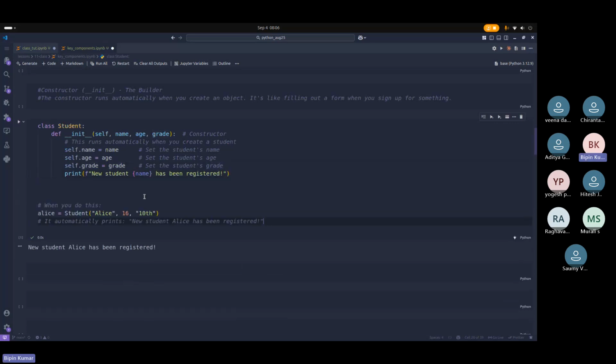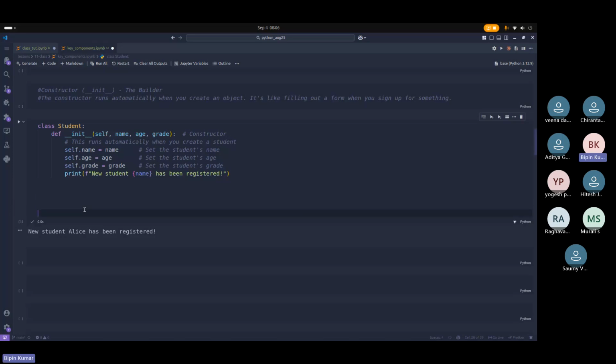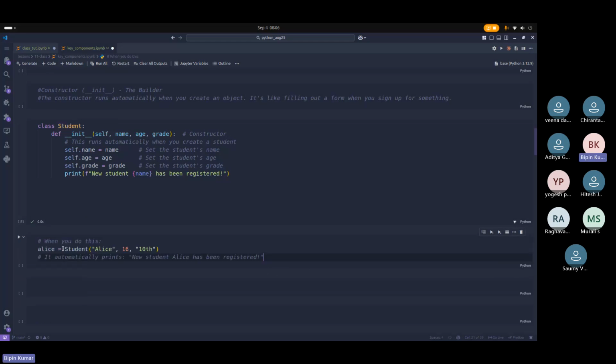Again, let's first run this. Let's say this is one of the examples: Student is a class, and I have created three values: name, age, and grade. Let's see, this is the blueprint of that student class. Now if I have to create some object, let's say the student name is Ritesh, 16,